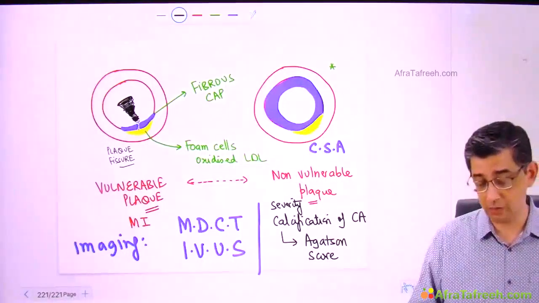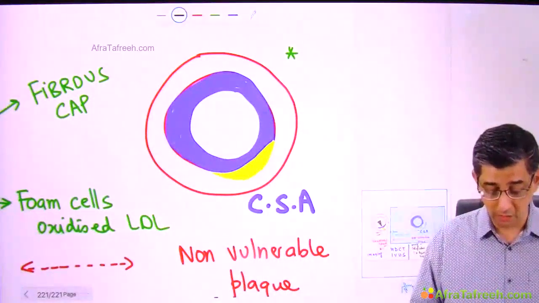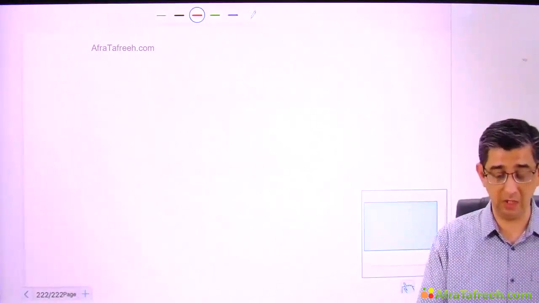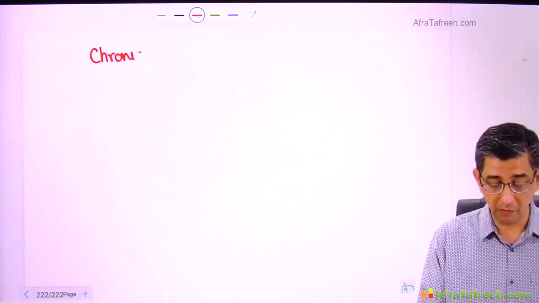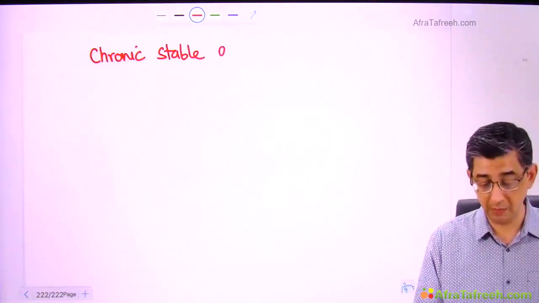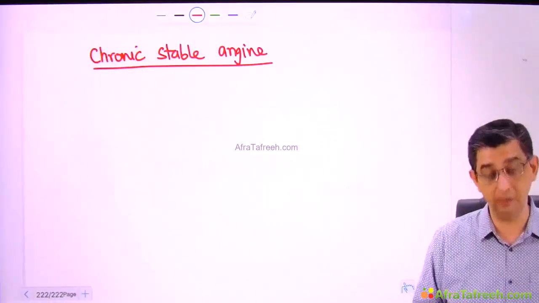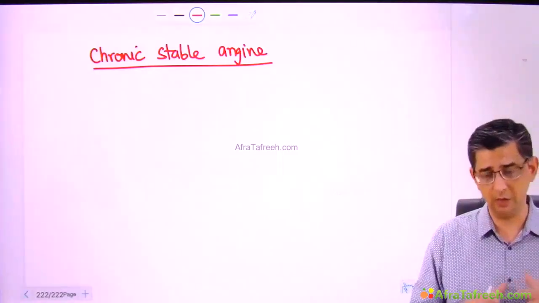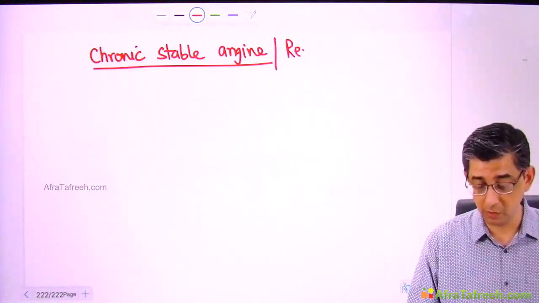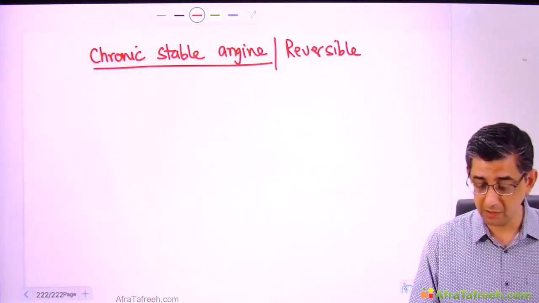And now I will focus on this particular person who's having a substantial fibrosis in the coronary artery. So in the next part of the slide, I'm going to explain to you how a person with chronic stable angina will present to you. In fact, lots of times, because chronic stable angina, the name itself, gives stability to the diagnosis and even makes the person feel relatively more comfortable when you write this word, as compared to myocardial infarction, which looks like a relatively more dangerous disease. Chronic stable angina in a lot of MCQs will be written by the examiner as reversible ischemia.